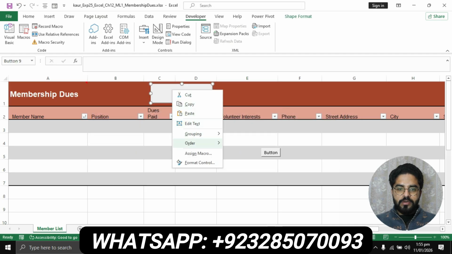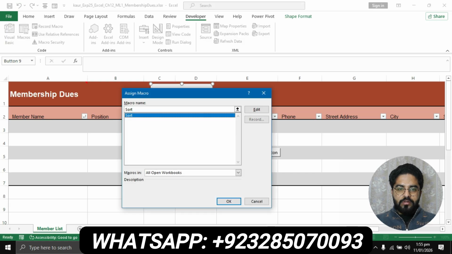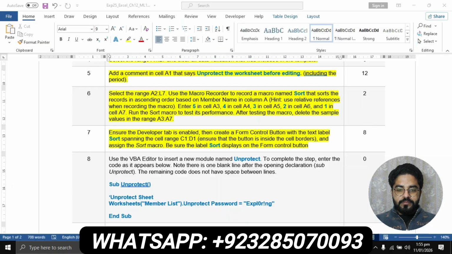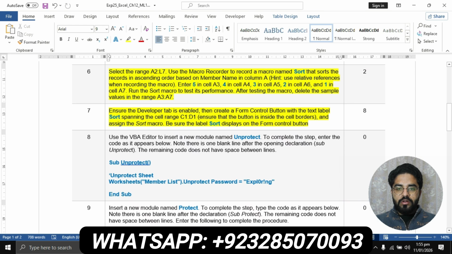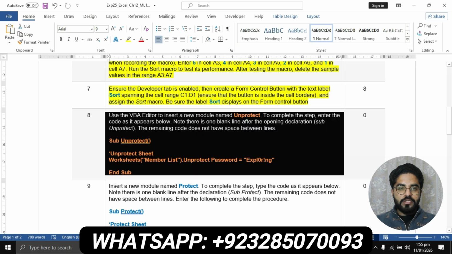Right click on this button, assign macro. You will have to assign this sort macro, then click OK. We are done now. Question number 7 are completed. Now we will move to the question number 8. Question number 8 is